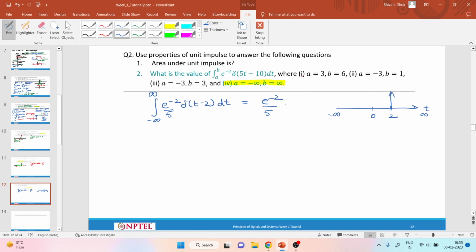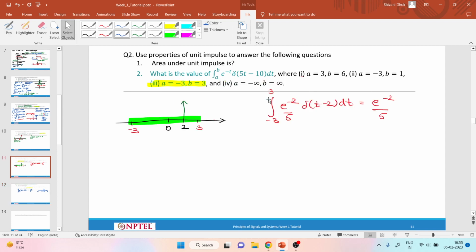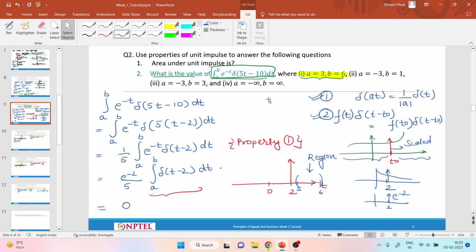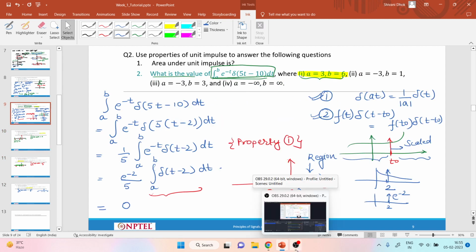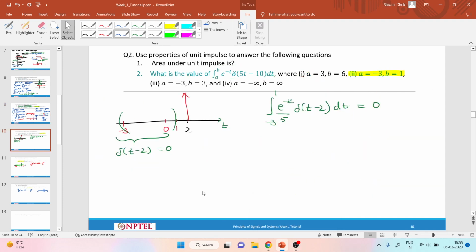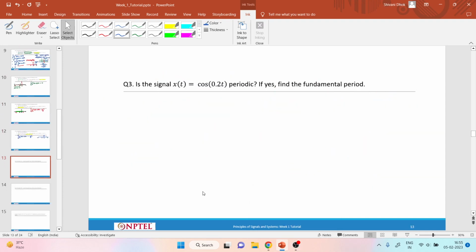So does anyone have any question in these 4 parts that I solved just now? Please unmute yourself and go ahead and ask the questions. Okay. Then